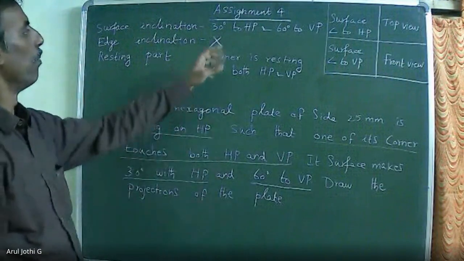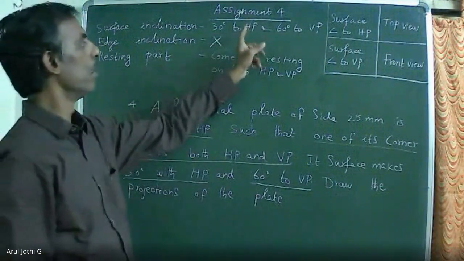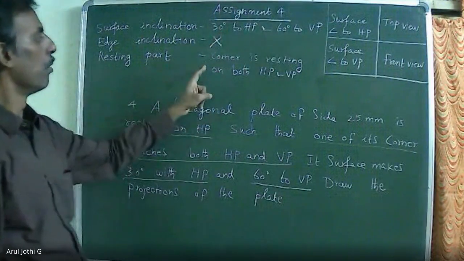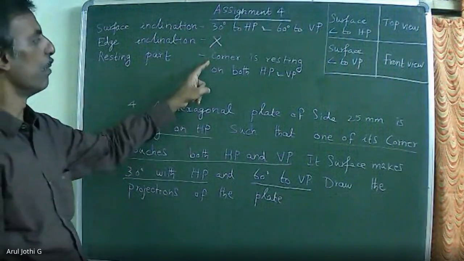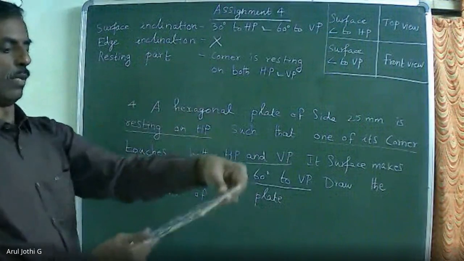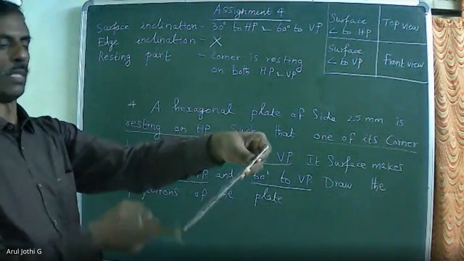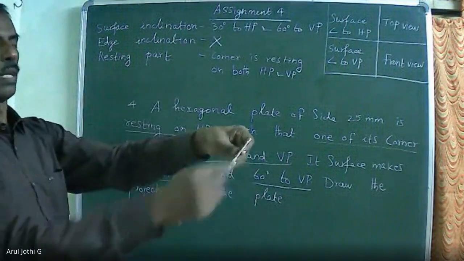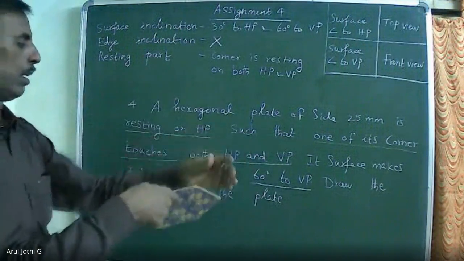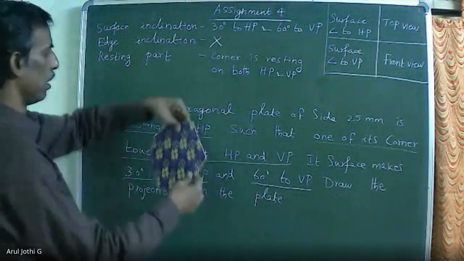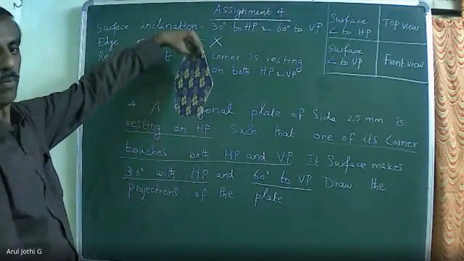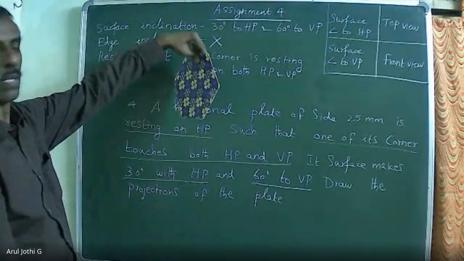So whenever the plane is inclined to both HP and VP, you have to look for the corner position. If one of the corners is resting on HP, start with the top view. The plane will be inclined to HP and inclined to VP. Similarly, if one of the corners is lying on VP, start with the front view when the surface is inclined to both